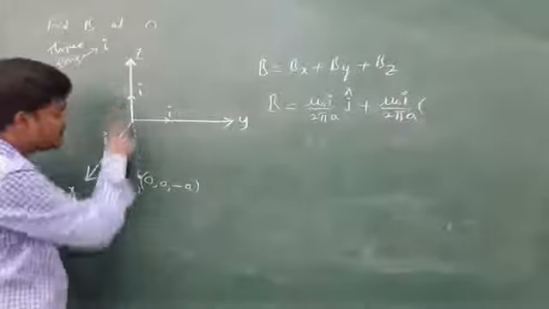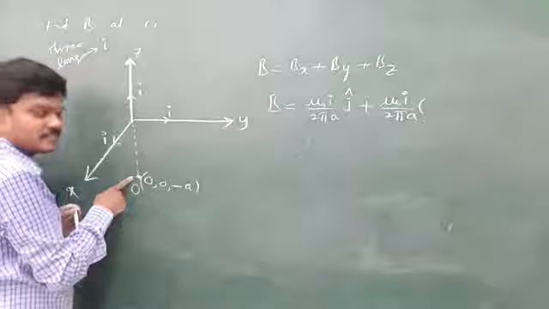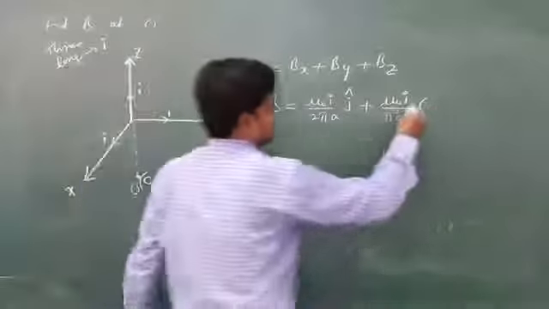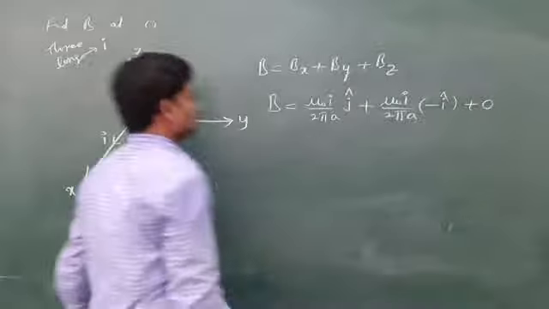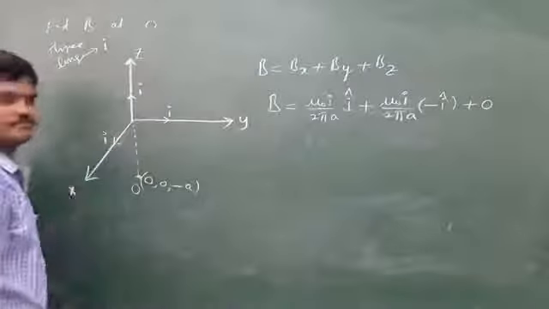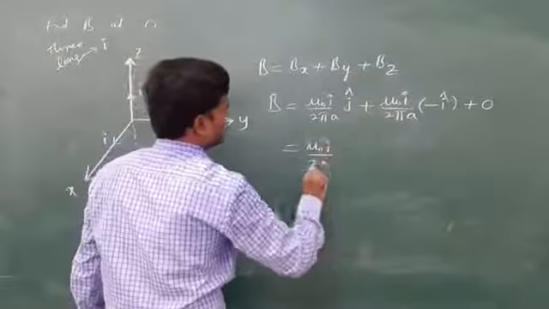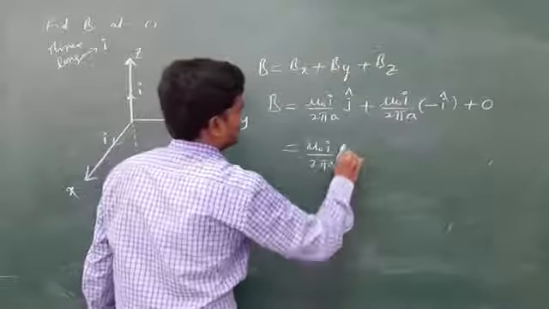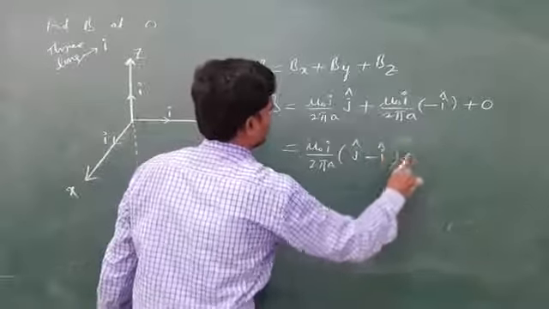And this is in yz. See, I extended the z. So yz, nothing but the field is along the x-axis, but that is the negative x-axis. So minus i cap. And anyhow dz is 0, this is along the wire, 0. Now the answer for this one: mu naught I by 2 pi a j cap minus i cap.